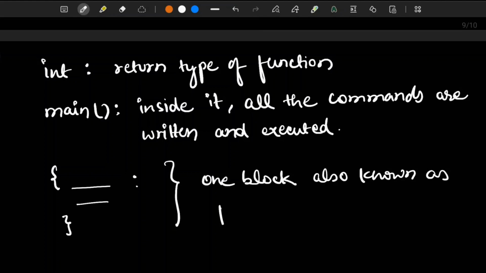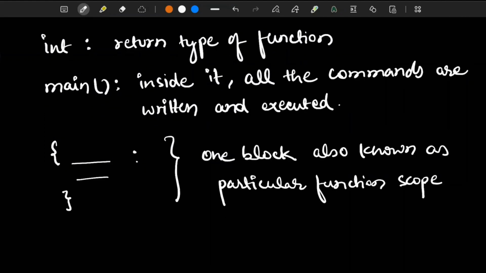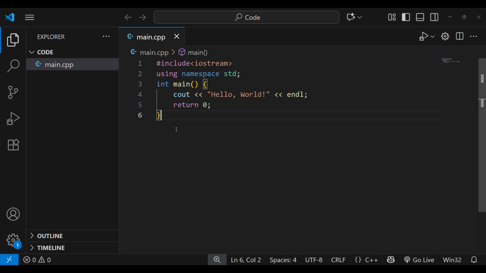Again, these things will be cleared when you study functions. For now, just understand that this is the format in which we are going to write our basic C++ code. As you move forward with the course, you will get a clearer and better understanding.